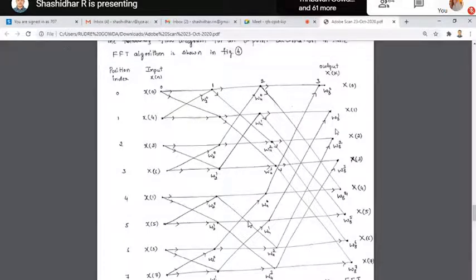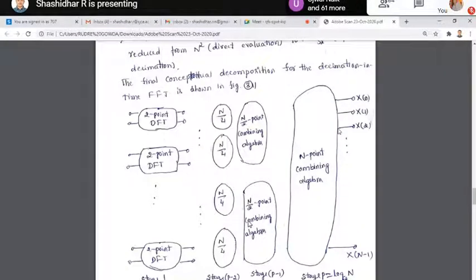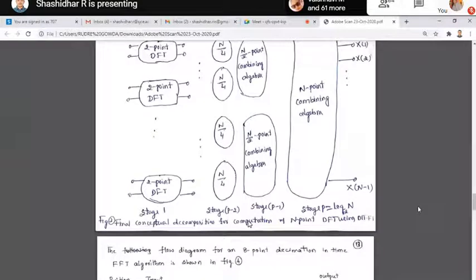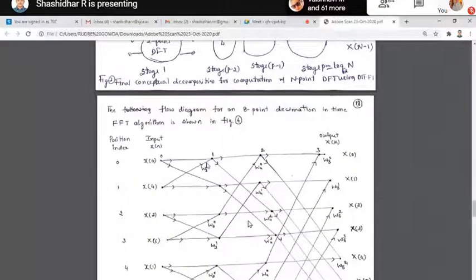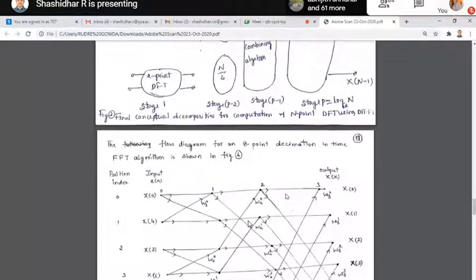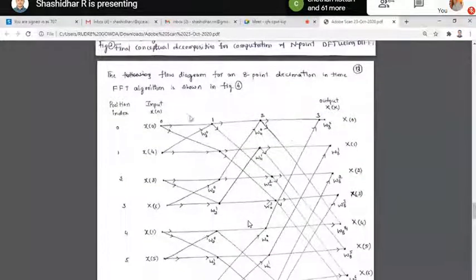What we do? So already x here. You guys listen here, 2-point. So first we use a 2-point. This is the 2-point DFT. So this comes to the 4-point. So here n by 2 values are there. Here n by 4 values, and then here these values are divided into 4. Then here we get a total of n points, but here we get 8-point values.